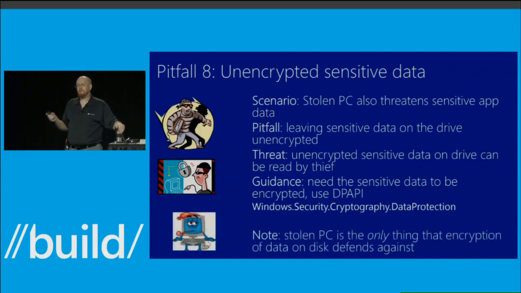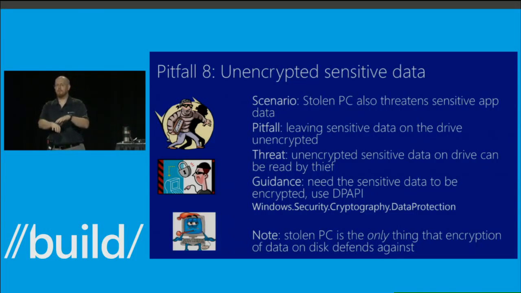But I just want to note, because there's been some confusion on this point, that encryption is not security. Encryption is encryption. It only protects the data against a stolen PC. It does not protect the data against malware on the PC. If the PC gets infected, then the malware gets to run as the user, gets to read everything the user can read, gets to decrypt all the encrypted stuff. So the protection against malware fundamentally in Windows 8 is the app isolation. If the user mostly is purchasing apps instead of desktop stuff, then they're far less likely to be infected.